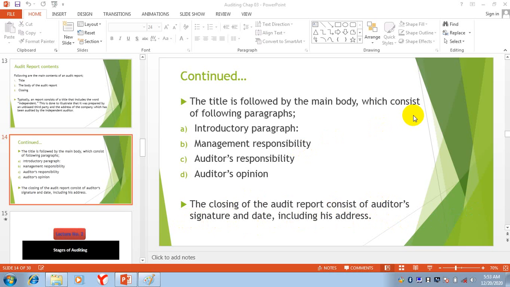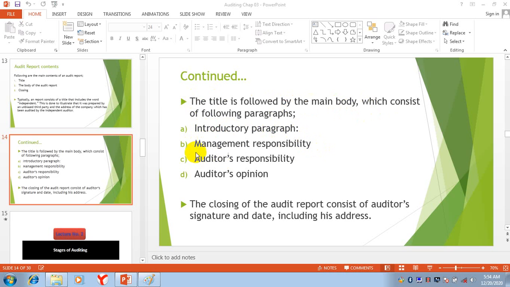So in the audit report, there are three main components. The first one is the title. In the title, I told you two things will be included: the independent auditor, and the name of the company and its address which has been audited. Then there will be the body of the audit report. In the body, there will be the introductory paragraph, then the management responsibility.